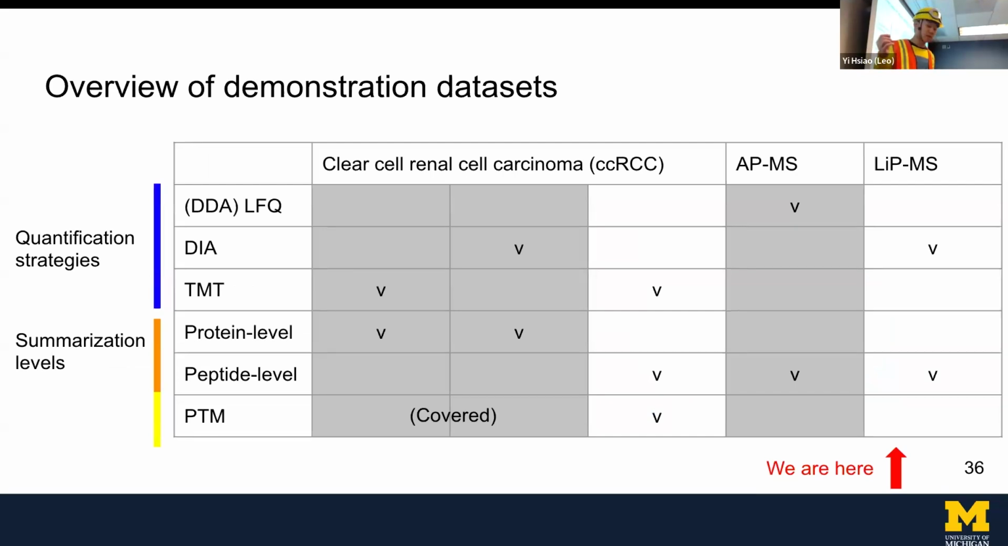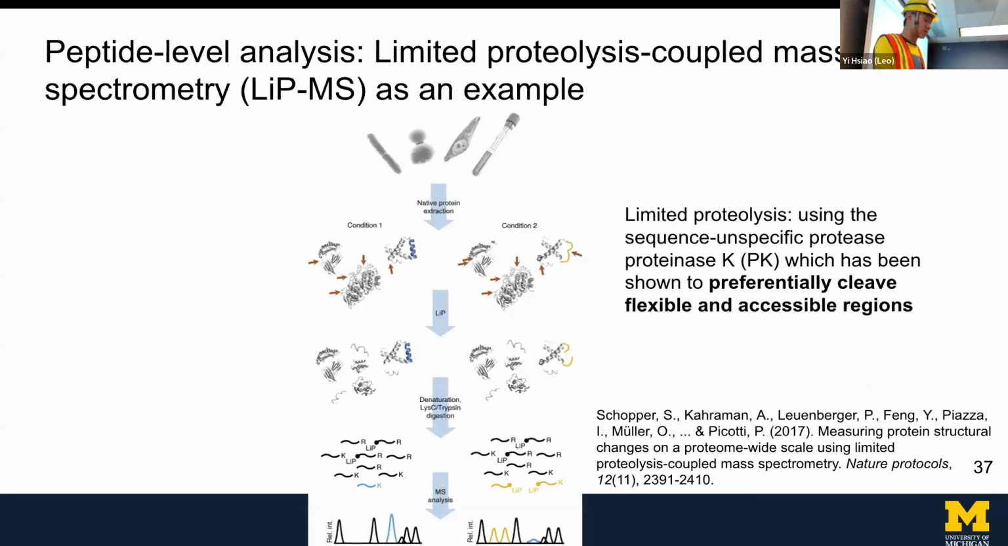Now I also need to switch the topic to the other one, LiP-MS. LiP-MS is an example of peptide-level analysis. This is the general procedure, and the core concept of this part is that when you use LiP-MS, we want to understand whether some protein target is influenced by a perturbation. For example, if you add a drug into a sample, it can cause some structural change of the